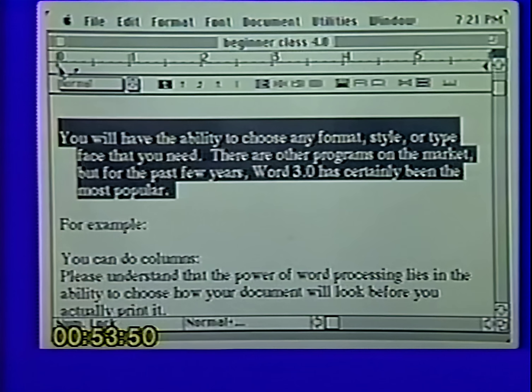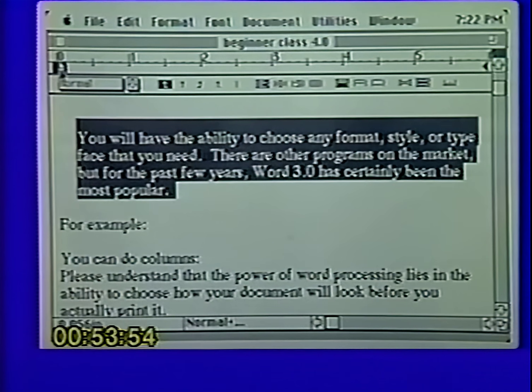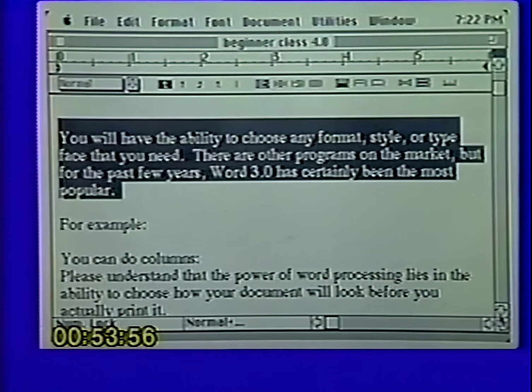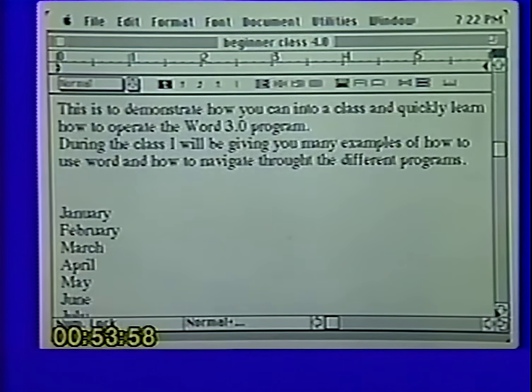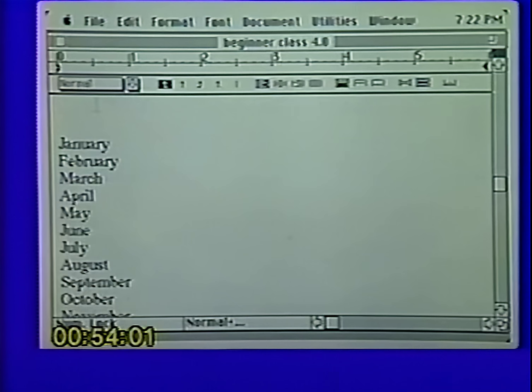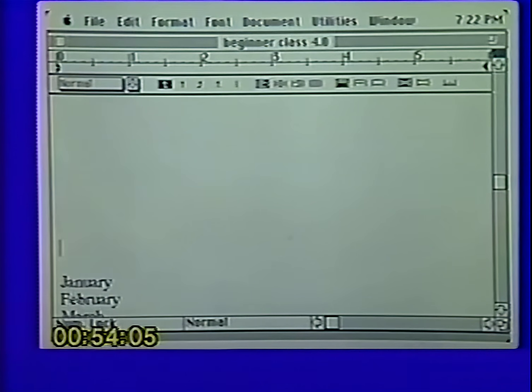So again, watch what I've done. I've moved the top line to the left of the rest. When would we use that? Well, let me give you a good example. Let's say right now we were going to do a lease for a piece of property. Now let's just pretend right now that we've got the people standing there in front of us and we're over on our Macintosh and we're going to type out the rules to living in our property.